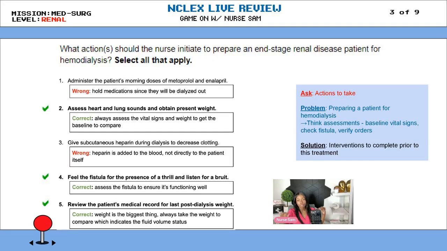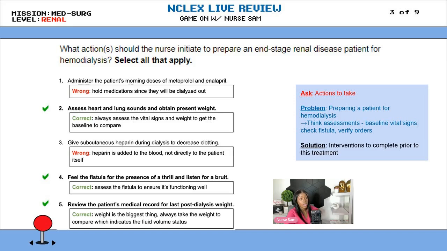Okay, let's backstep. Let's look at this entire question as a whole. All right, what are we being asked? What's the problem? And then what's our solution? The question's asking us for the actions that we should take to initiate preparation for this end-stage renal disease patient for hemodialysis. All right, so again, 2 is correct because you always want to assess vital signs and weight for the baseline